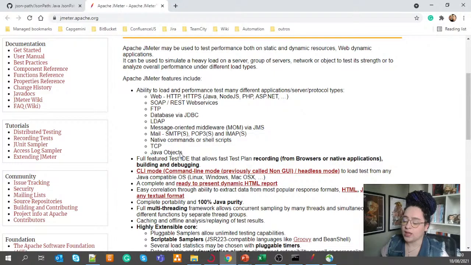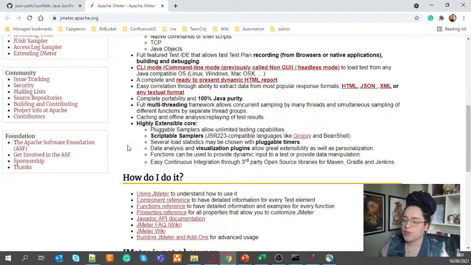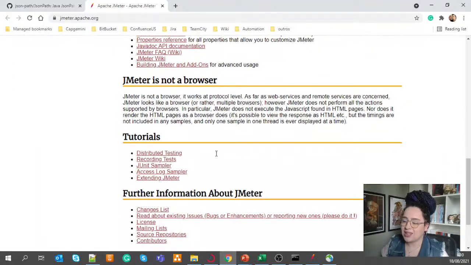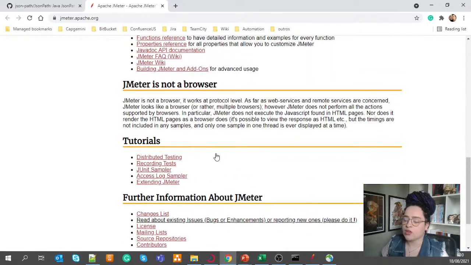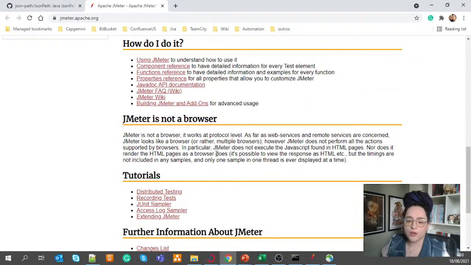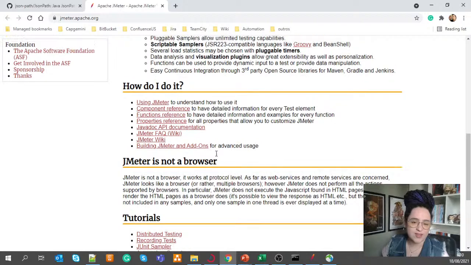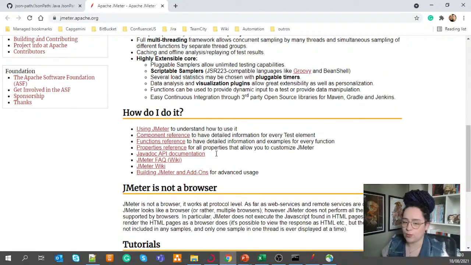How can we apply JMeter, and also we have the documentation about each functionality of JMeter. Okay, talking about thread group and assertions and listeners and other things that we will talk about later. Okay,